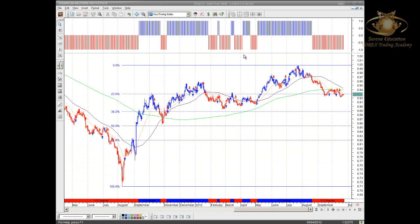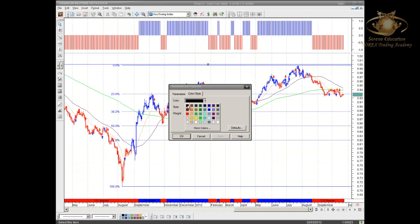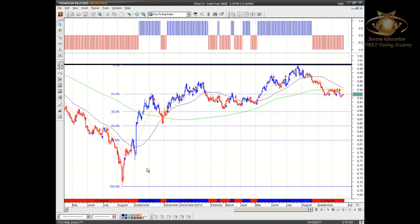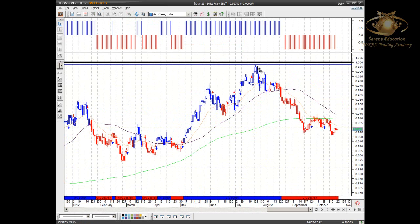On to the US dollar Swiss franc. This pair, we know that price found resistance near term at the 1,000 mark. The price since August of last year has been moving to the upside, consolidating through most parts of the start of this year, and then breaking and moving up towards that all important 1,000 mark. Since hitting that, you can see a clear head and shoulders formation, nice shoulder here, followed by a beautiful head, and then a bearish engulfing shoulder here,